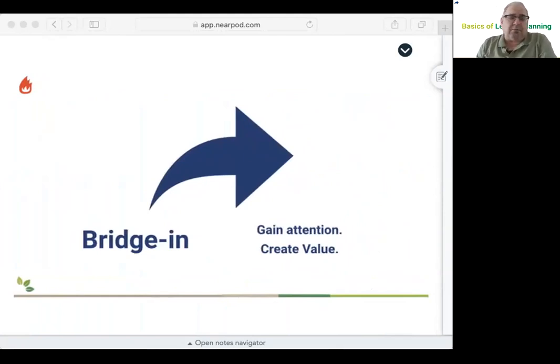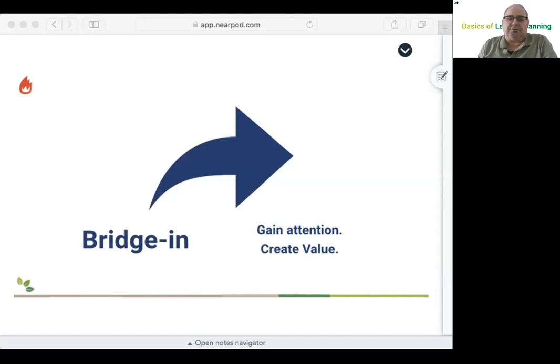Okay, so I want to brainstorm a few things today. If we think about the bridge as being the place where you gain your learners' attention, you get them ready to get started for learning, and then somehow you create value for your lessons. There are probably a lot of different things that you can do. For each of the 6 parts of a BOPPS lesson, since most of you are experienced teachers, you probably will be able to answer some of these brainstorm questions. So I do appreciate that you can do that in advance,